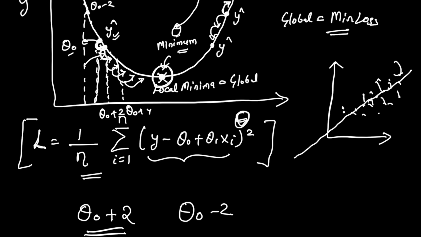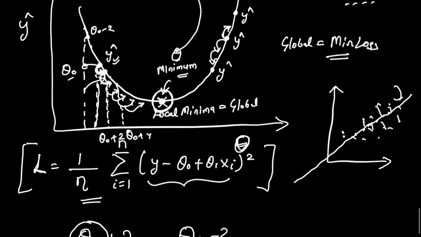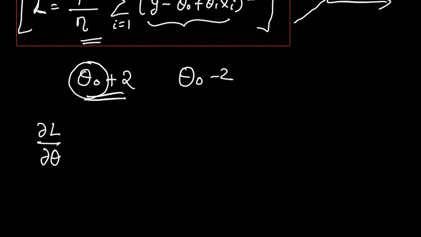That means I should actually add. So adding small values to a particular point and knowing whether my y cap increases or decreases, this is what is called the gradient. It is defined as del L over del theta, that is simply differentiating over theta. This differentiation tells you if we make a small change in theta, does your loss function